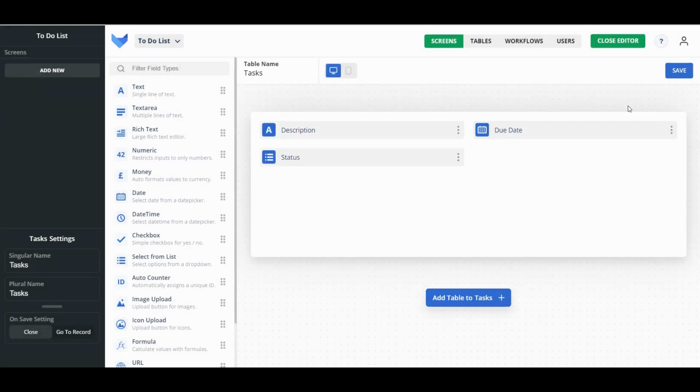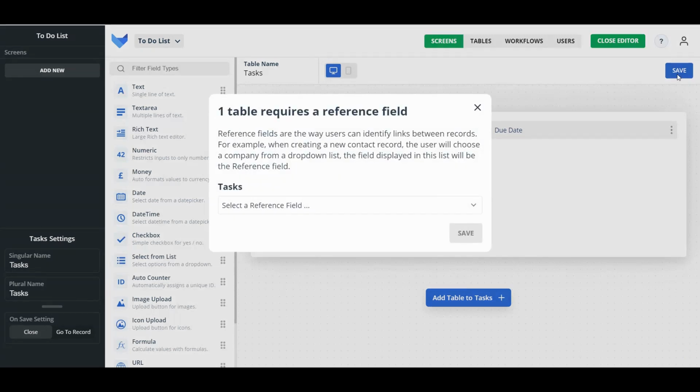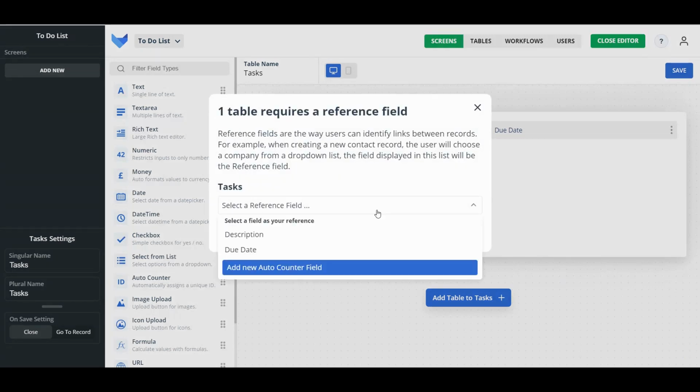So that's a sort of basic task. Each task in the system will have a description, a due date, and a status. You can save this. All tables require that you have a reference field. This is a unique identifier between your records. Every task will have a name, due date, and description, but there might be some that have the same